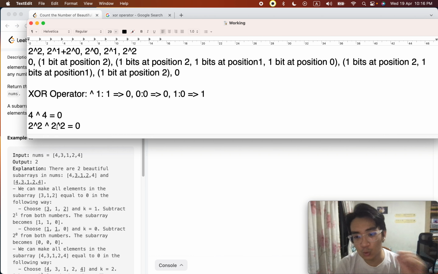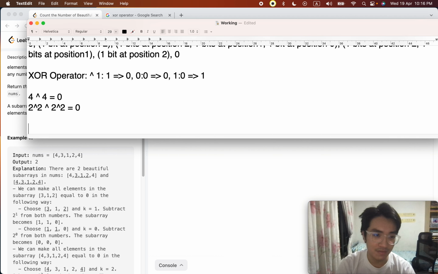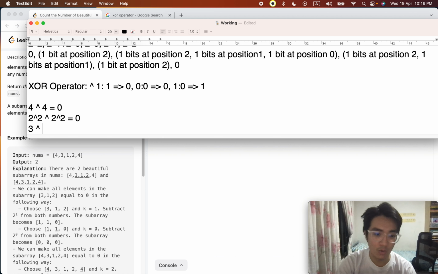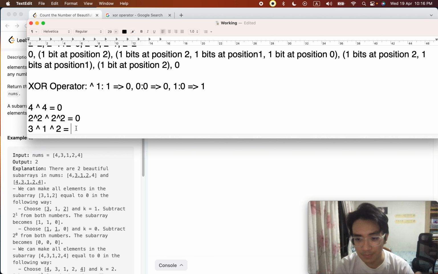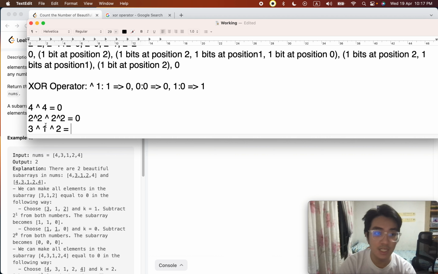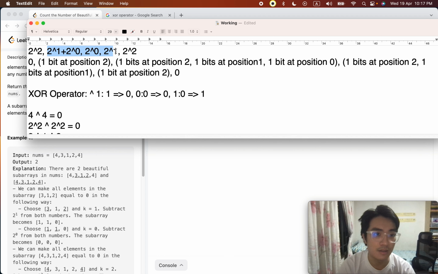So as you can see, if you have this beautiful subarray of 4 4, it will XOR to 0. Now what if we have an example of 3 XOR 2 XOR 1, right? What will it equal to? Okay, and we have this case here, 3 1 2. It's a little bit different, 3 1 2, but it will lead to the same thing. Why? Because if you change it to this, and we already have it here,